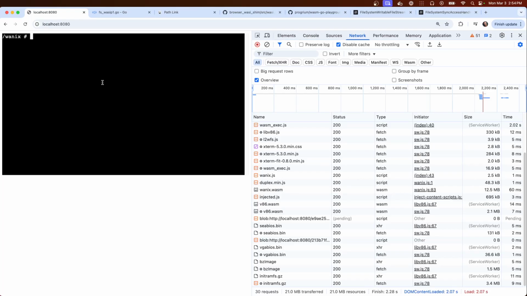I feel like it's almost easier to add the iframe with the file system now.